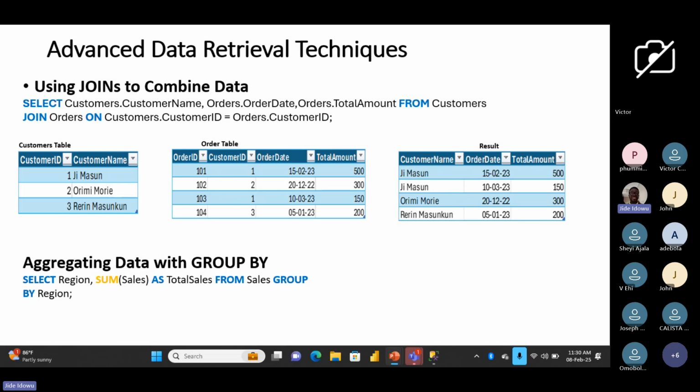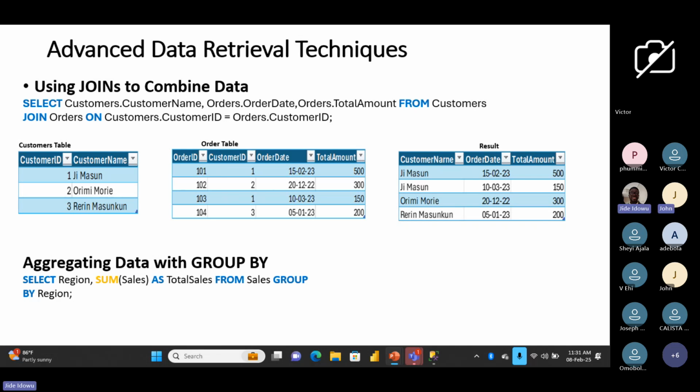Now, in order to achieve this, I need something. This will just mean that help me, show me, or give me customer name, order date, and total amount. That thing must be coming from somewhere. Though it's actually going to come from two places, but I will just say from customer. I don't want to use that word where. It's not a function. I just wanted to say it like a layman. But meaning that when you are doing this, I know that customer does not have everything I'm asking it, but customer has a relationship with another table that has that. Meaning that then join will now mean connect